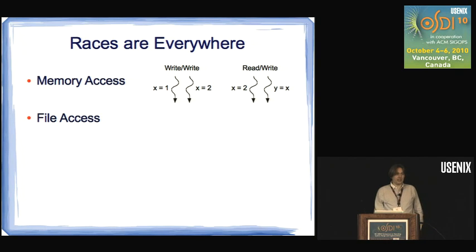You have all the same races when you're accessing shared file systems, for example, not only when you're doing parallel reads or writes to the same file, but also in file manipulation operations like an open racing with a rename. And this can create time-of-check to time-of-use vulnerabilities and lots of security vulnerabilities as well